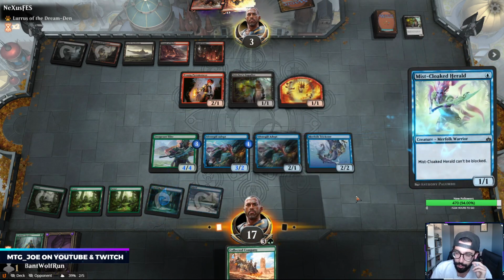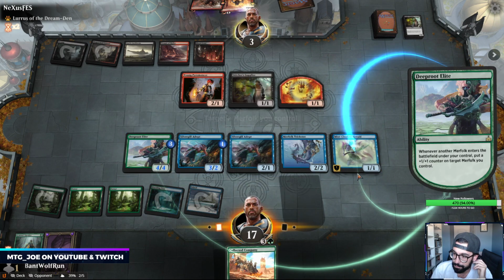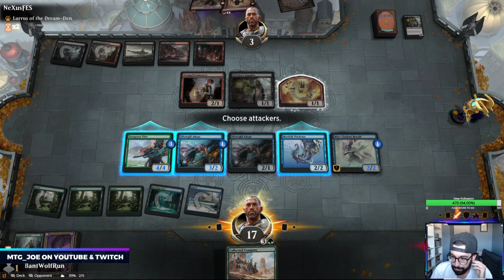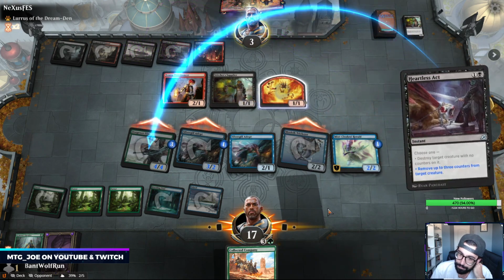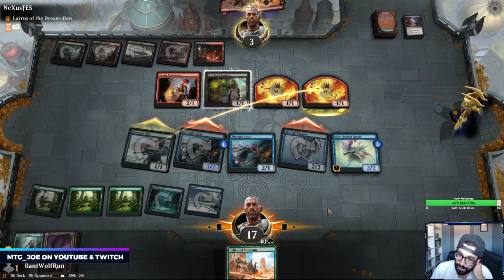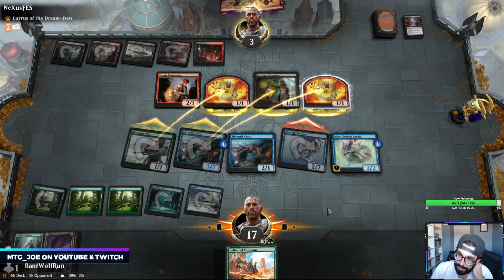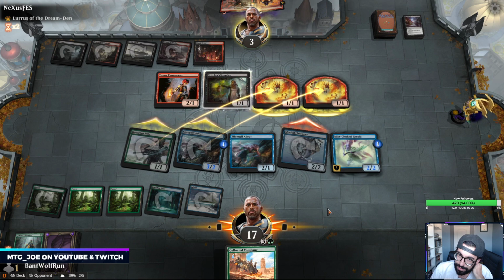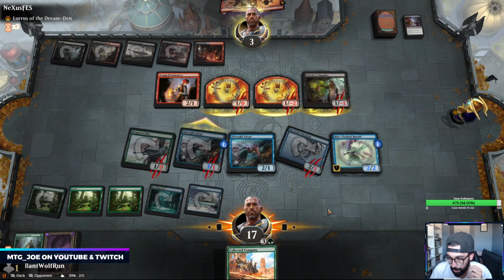I should have held the land because if they have Croxa, then I lose out on it. There was no harm in holding the land. Heartless Axe pretty rough there. Because if they rip Croxa...